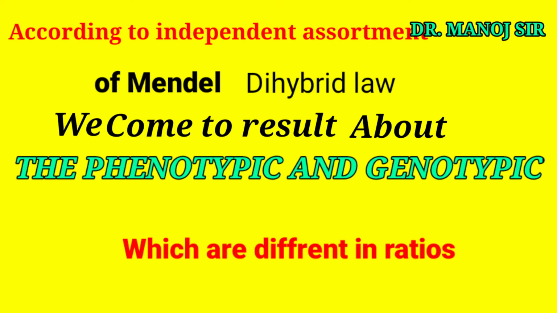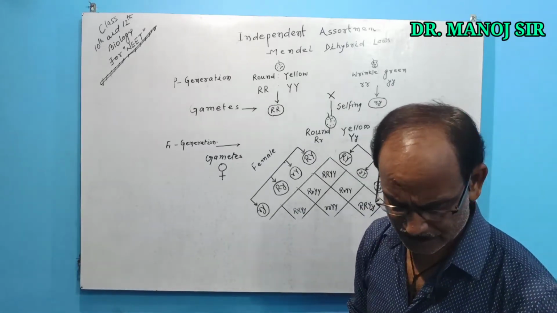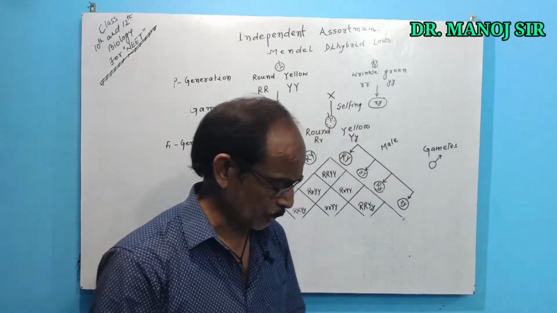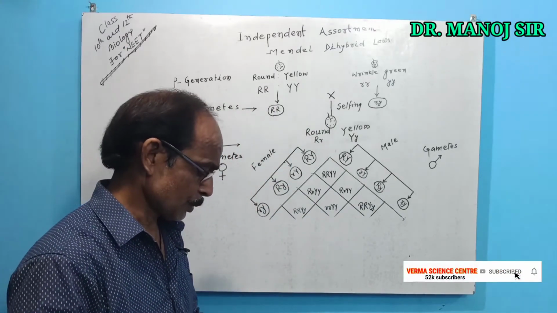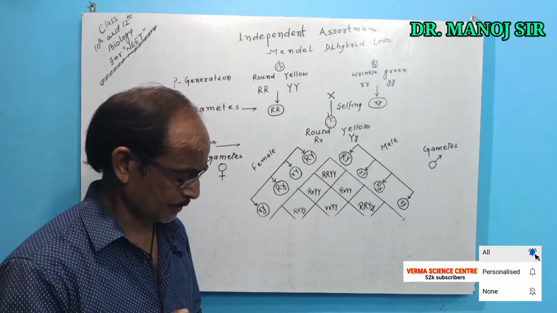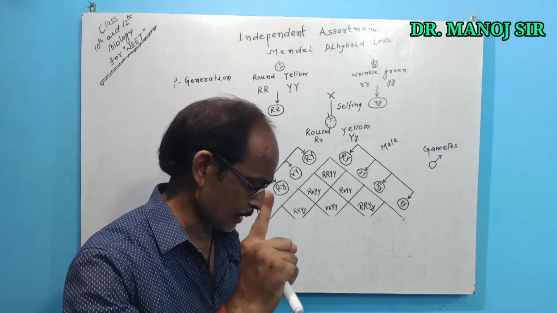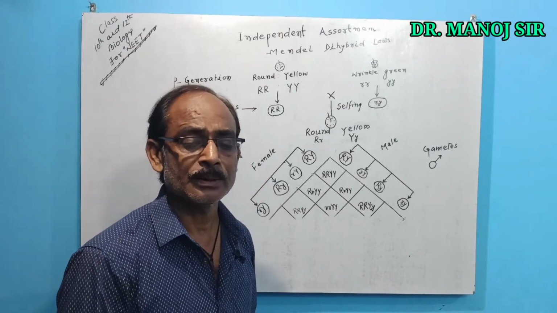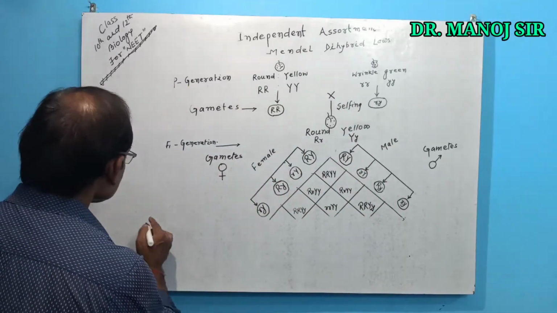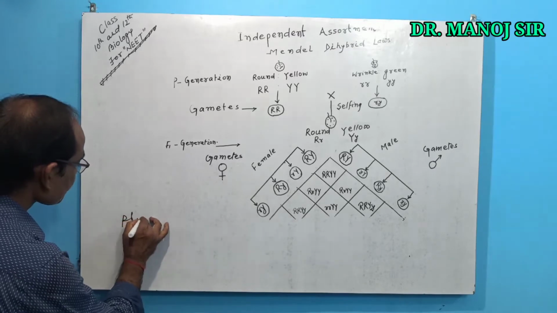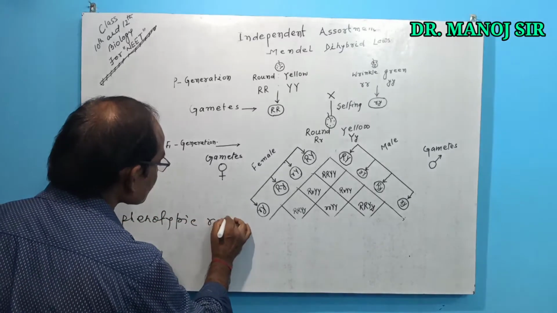The phenotypic ratio is round yellow 9 to round green 3, wrinkled yellow 3 and wrinkled green 1. That is given as phenotypic ratios: